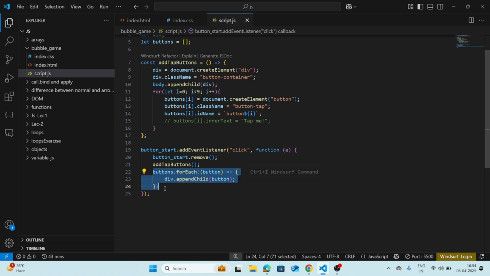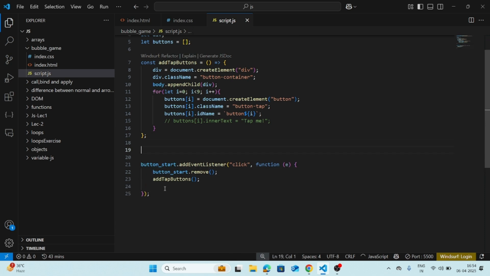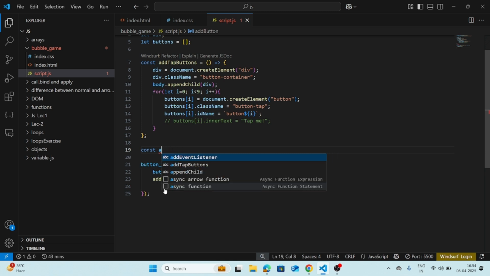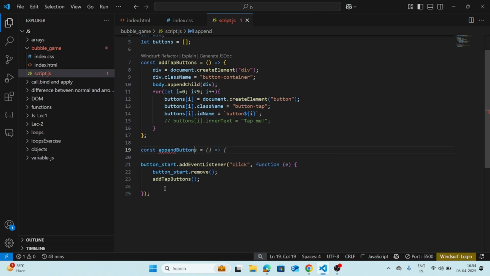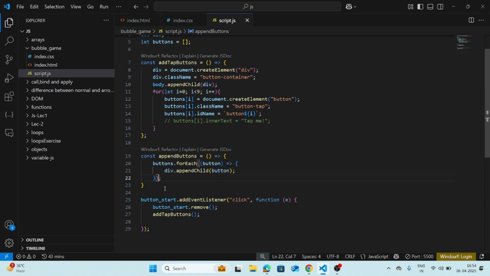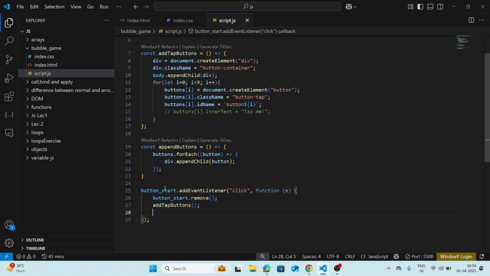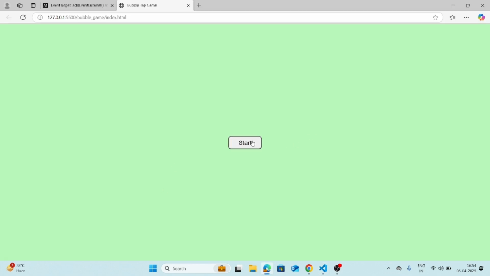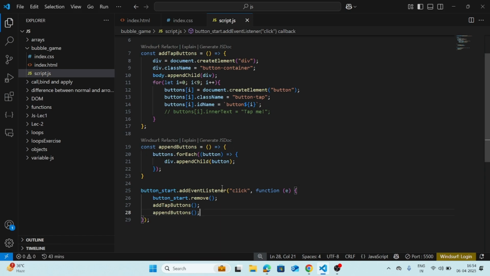This again will be in a separate function. Okay, so this is a good practice. You have to make things in separate functions. So add button, you can say, yeah, add button. Okay, no, append button. Okay, buttons, and this will be, now I want to do this. Okay, and we'll simply call the append button part. Okay, so let's see. Now as soon as this append button happens, what I need is there